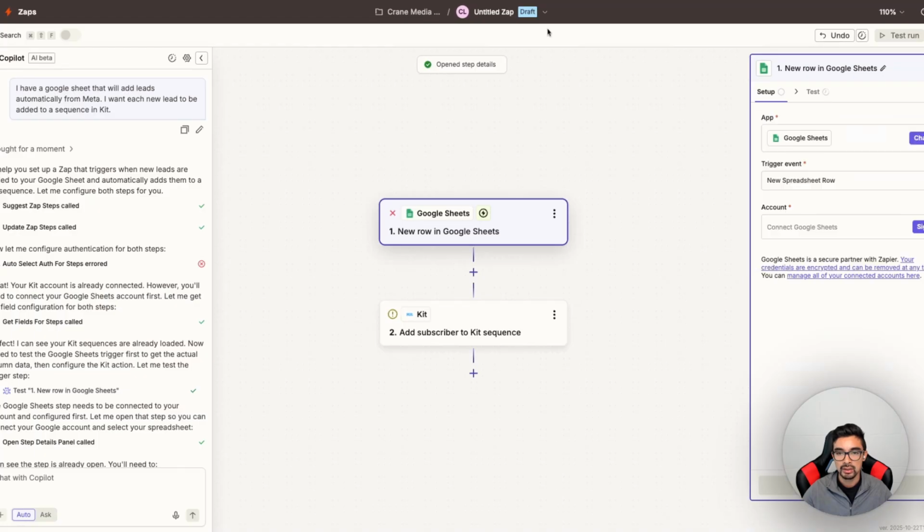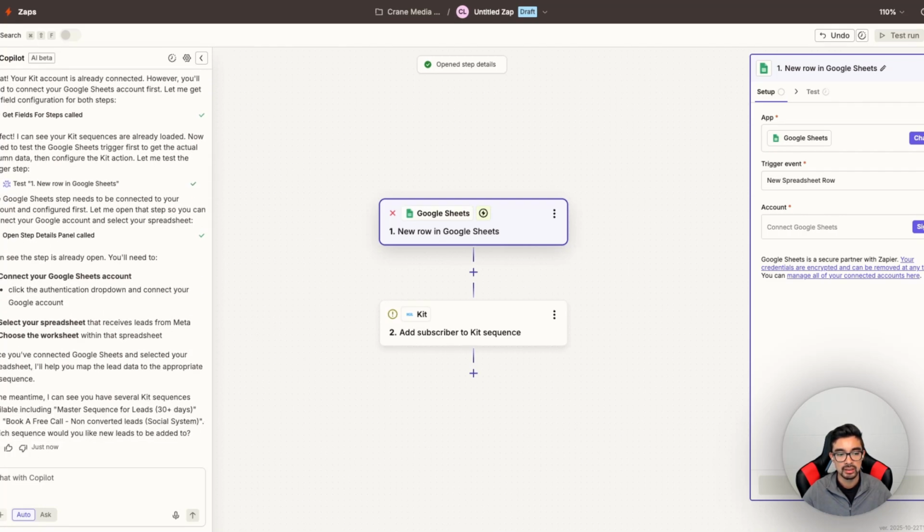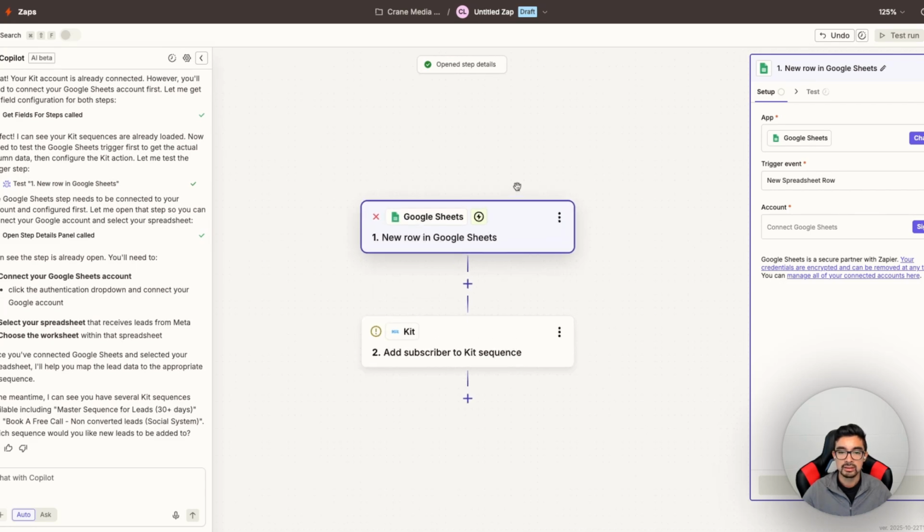So I've already opened up Zapier, which is what we're going to use to set up this automation, and I have given a prompt. They have a copilot, and I said, I have a Google Sheet that will add leads automatically from Meta. I want each new lead to be added to a sequence in Kit. So it went through the steps and helped set up the automation, but there is still a little bit of